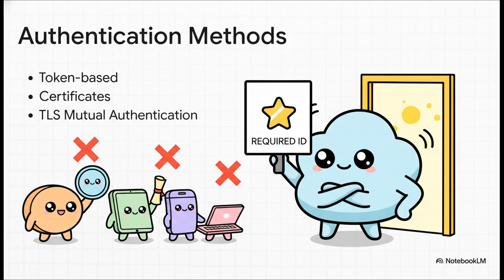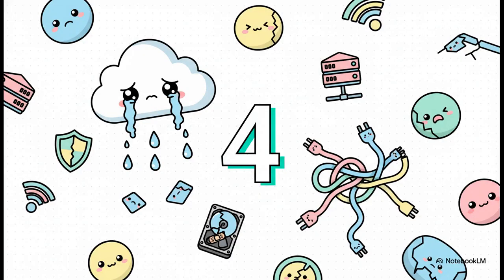Others demand these really complex digital certificates and something called mutual authentication. Any mismatch in what's expected, and you've got an instant failure. So let's recap. The protocol matches, the data format is perfect, and security gave you the thumbs up. You'd think you're golden, right? Well, not so fast. Your data can still get lost on its journey.